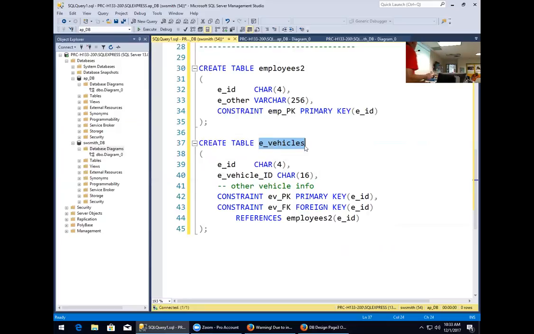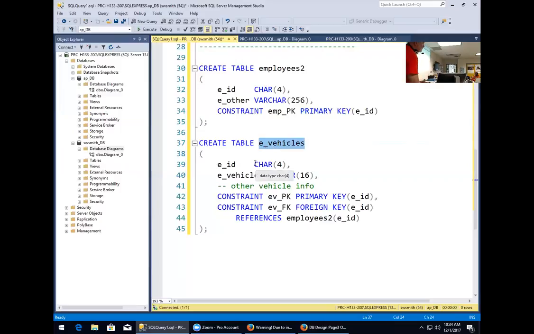And this is a very handy thing to do when I am expecting to have a one-to-one relationship, and occasionally these pop up. I have one-to-one that would tend to lend itself to putting them together in one table. So many of the database design textbooks say, if you have a one-to-one relationship, they go into one table. Not always. This one would be called a sparse relationship. I have a lot of nulls in there. When I expect that to happen, or if I see it happening, I might break this out